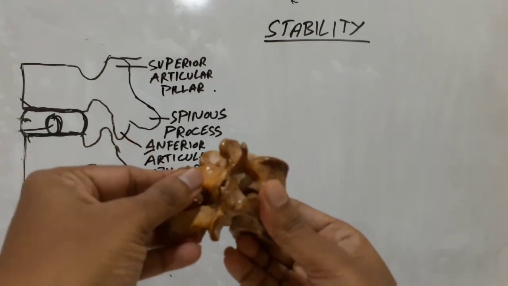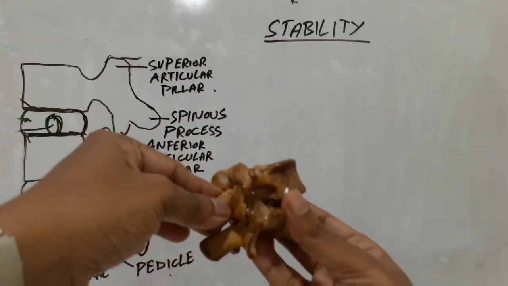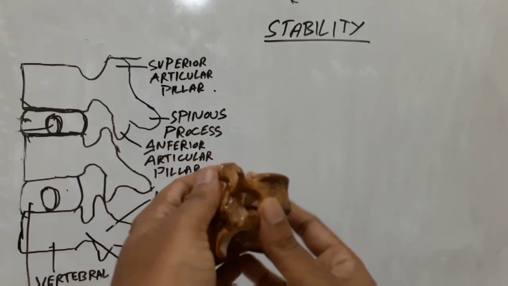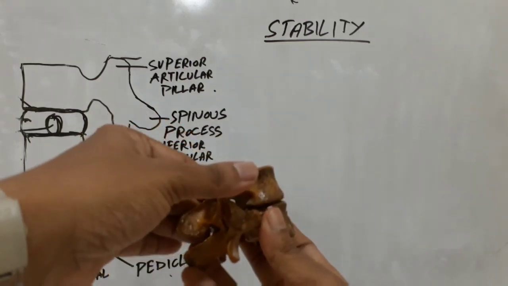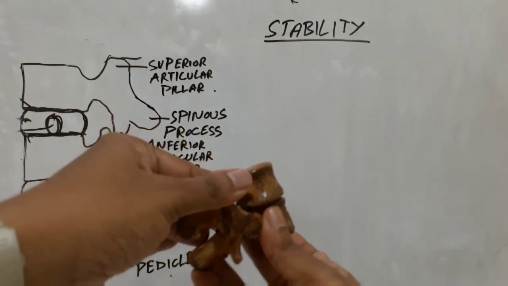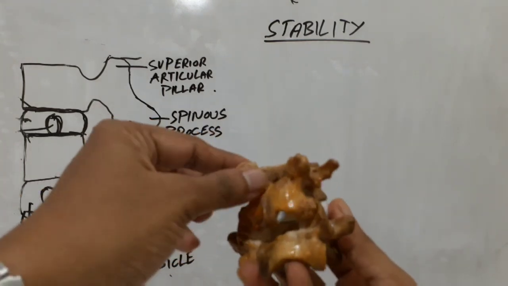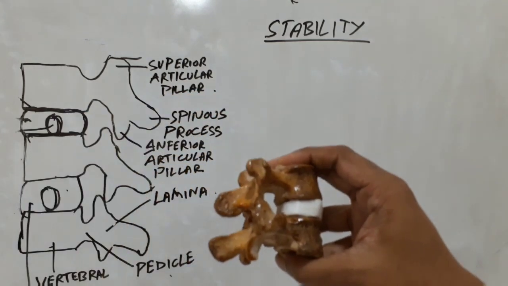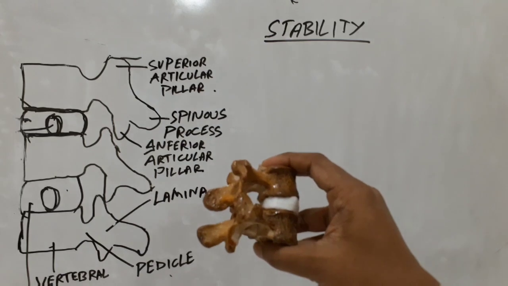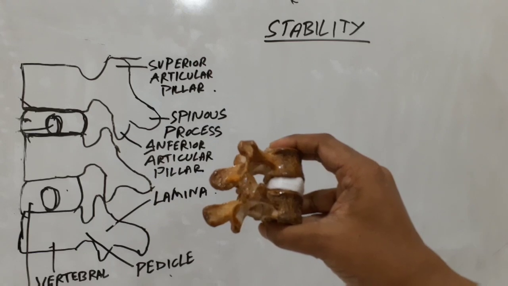So imagine that you are the god and you have made the vertebra, and now you have to make sure that it should not fall off. So how to make it? So you have to make the stabilizing structures. So first thing what you want, so that this does not slip, is the intervertebral disc. Yesterday we spoke about the role of intervertebral disc in detail. So today we will talk about how this intervertebral disc helps in stability.